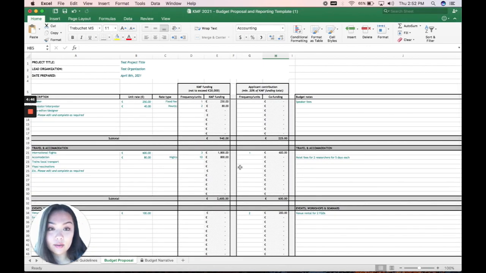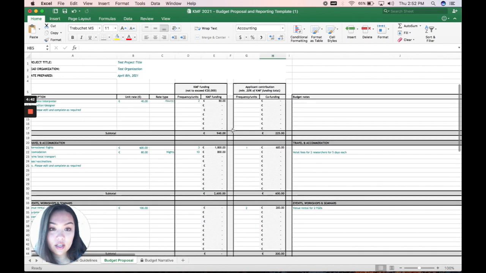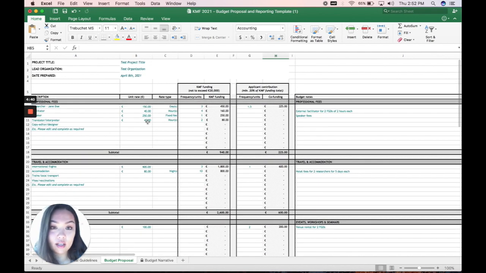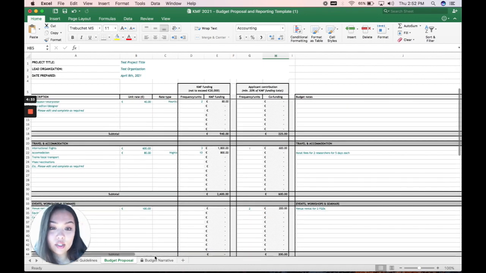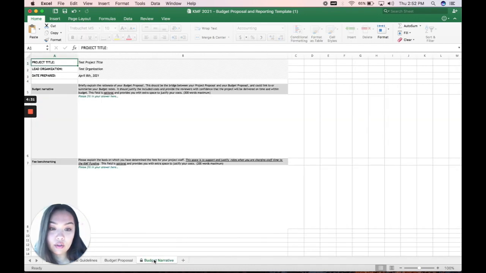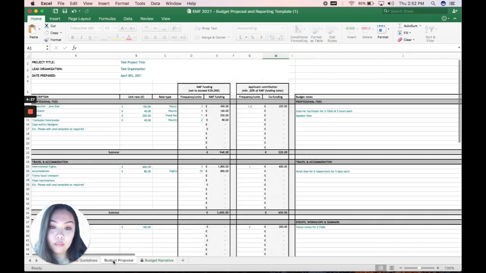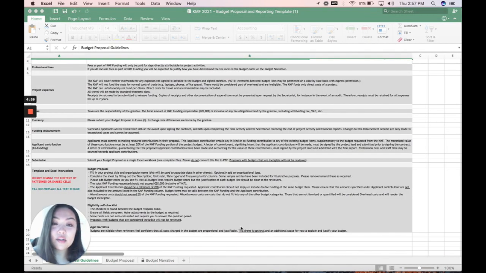The main things to be sure of are that you're not changing anything in the shaded or patterned cells and that you are filling out everything in blue. And if there's anything you'd like to expand upon, remember that you can go to the third sheet of the budget narrative and explain your rationale behind the budget proposal a little bit further. Last but not least, just a reminder that the KMF funding cannot exceed the total amount of 20,000 euros, and that's inclusive of VAT. And a reminder that the applicant contribution should be a minimum of 20% of the total